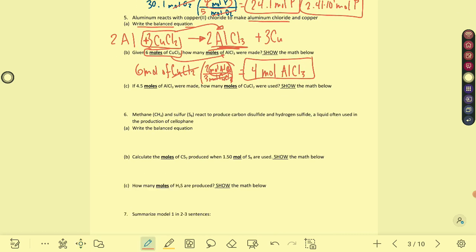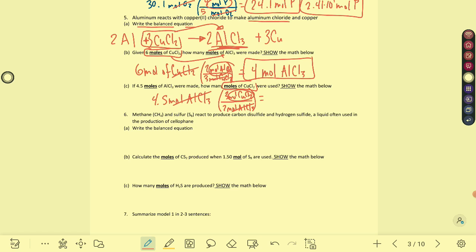Now, C, you're going to start with 4.5 mol Al, so aluminum chloride. To go to copper chloride, you're just going to switch those factors around. Now you're going to have 2 mol AlCl3 and 3 mol CuCl2 on top. Moles of aluminum chloride cross off, and we're left in moles of copper chloride, which is what we wanted to get to. So you'll take 4.5 times 3,